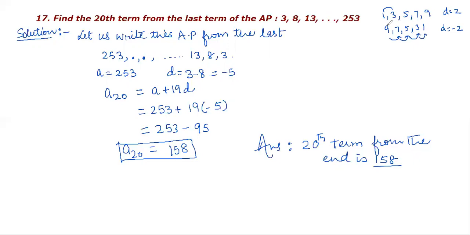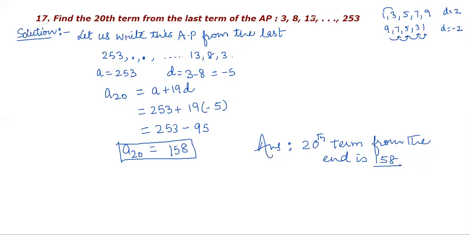So either consistent increase or consistent decrease, there can be an increase of 2 in an AP, and a decrease of 2 as well. So this time it is decreasing and this time it is increasing. So the d of an AP changes, and what is the change? d will become negative. If d is positive here, when you reverse the AP, d will become negative. Okay, children? So if you are able to understand this thing, you are able to do this question even.